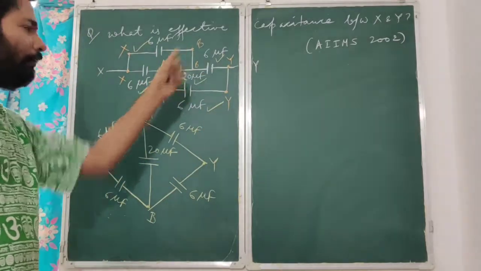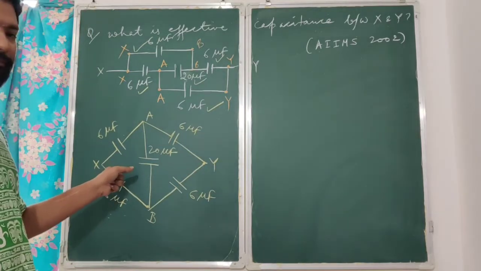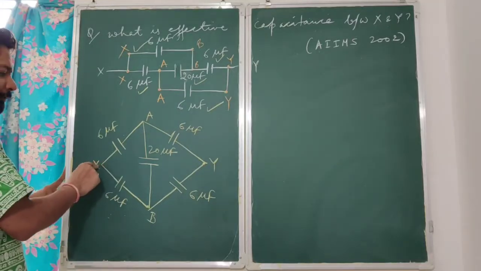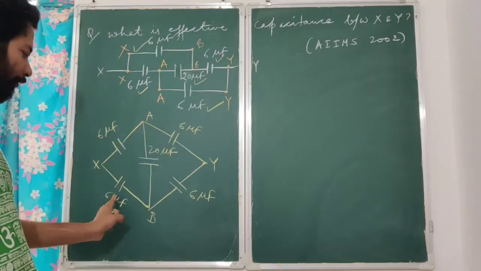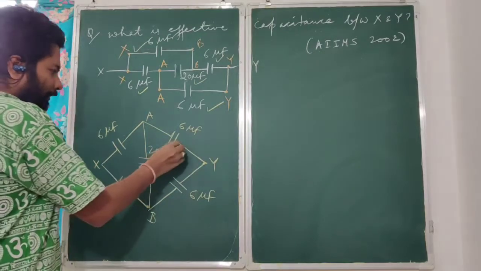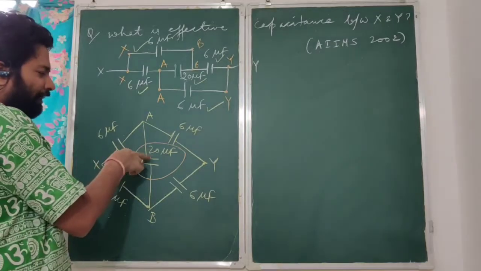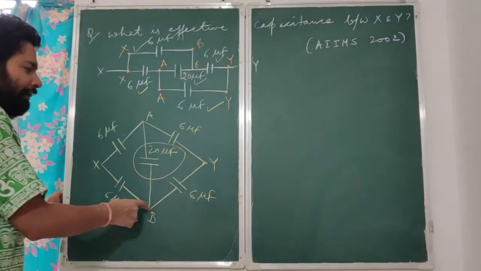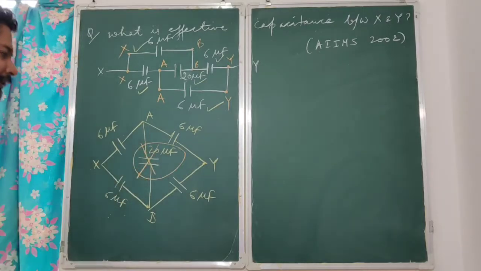So we have taken into account all the capacitors that are present in the circuit, and you can see that we are having a Wheatstone bridge kind of arrangement. And we have to find the equivalent capacitance between point X and Y. Now let us check the ratio. 6 by 6 is equal to 6 by 6. That is 1. So that means there won't be any flow of current or any storage of charge on this capacitor, because points A and B will be having the same potential. This is acting like a balanced Wheatstone bridge. So this is gone.